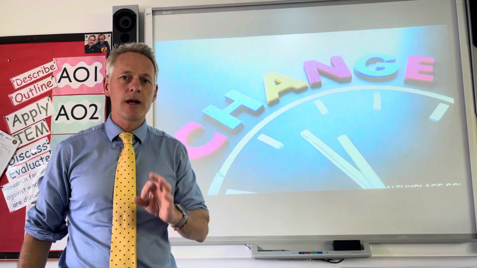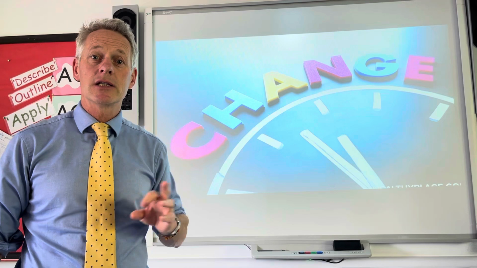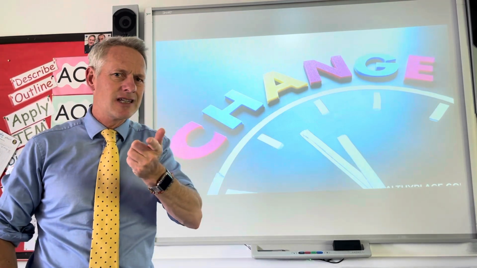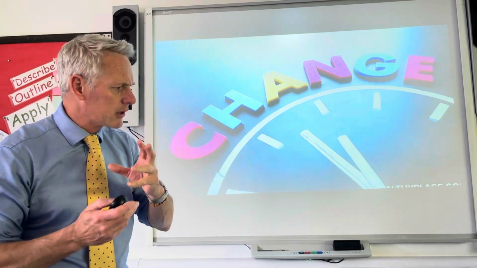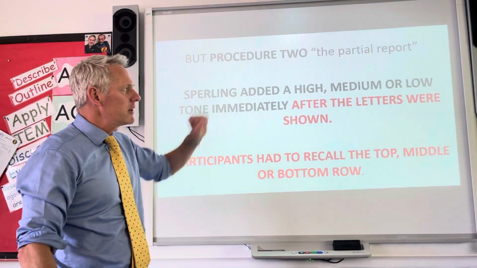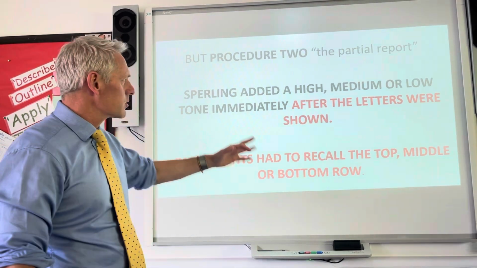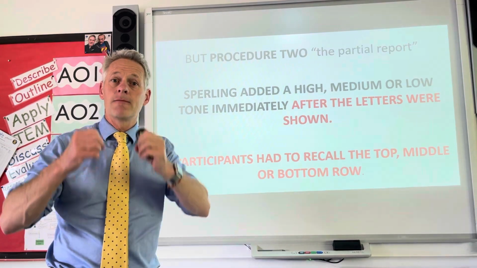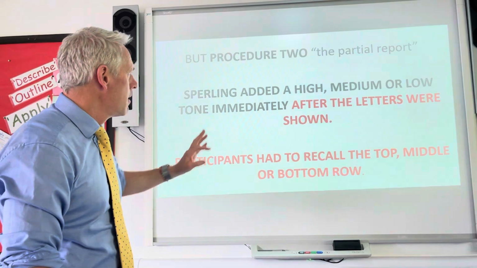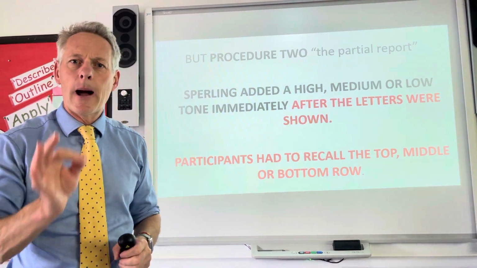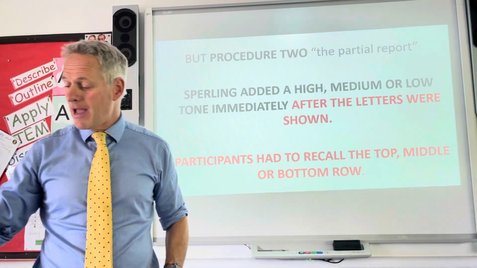So then Sperling goes on and does some variations. He changes something. See this as a different experiment, like changing a variable, a second procedure, okay? So in this second procedure, Sperling called it the partial report. The description of this is, we're still going to be presented with a grid, the 12 letters in the grid, okay? But this time, Sperling, immediately as the grid came and went, gave a high,